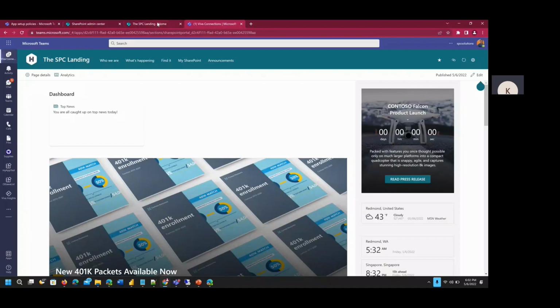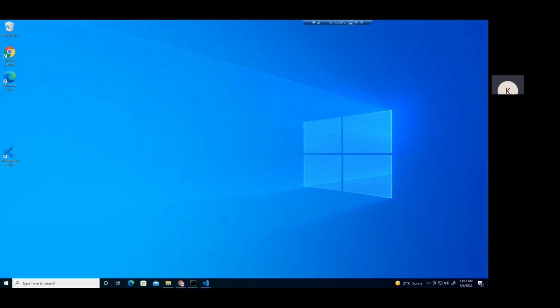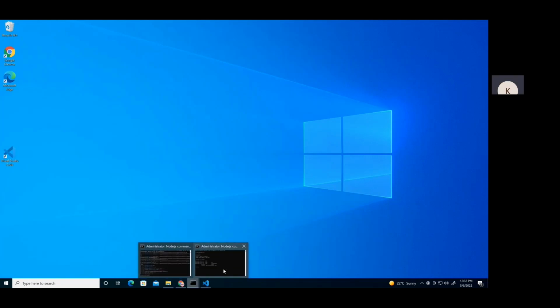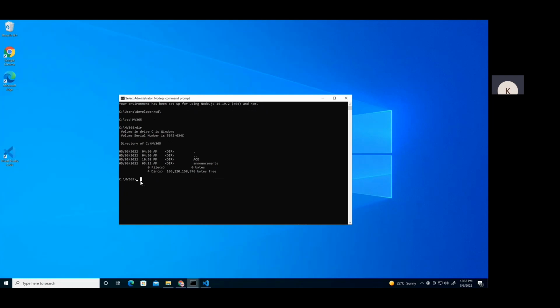And now I'm jumping into the web part development. So I'm connecting my RDP. You can see there is no difference in creating the web parts and everything, but the limitation is that you should have SharePoint Framework version 1.13 or higher. So, for example, I have the latest version, and I'm going to create a new web part called my ACE adaptive card extension,